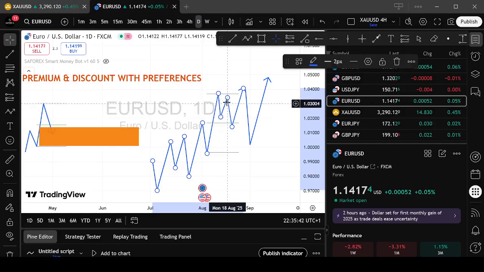When you see price like this, just know that once the retracement is not up to 50%, the market will come back and take it out, because that will be the liquidity the market is coming to